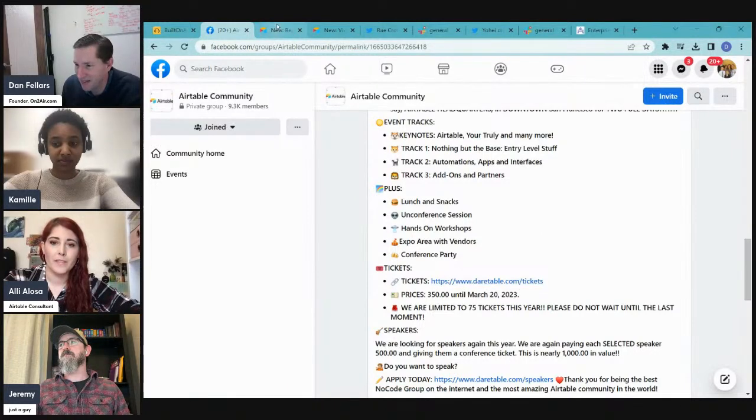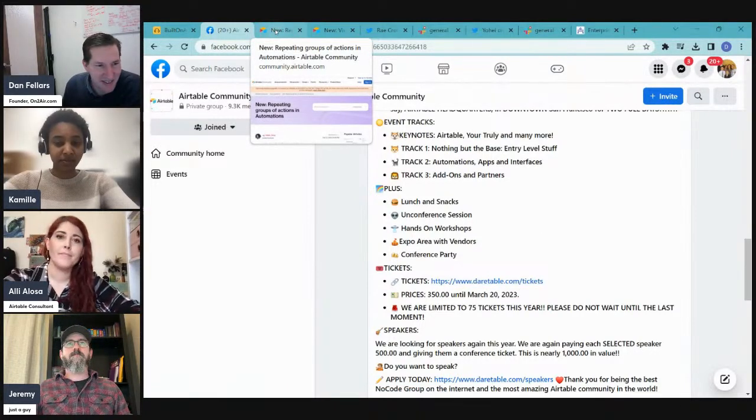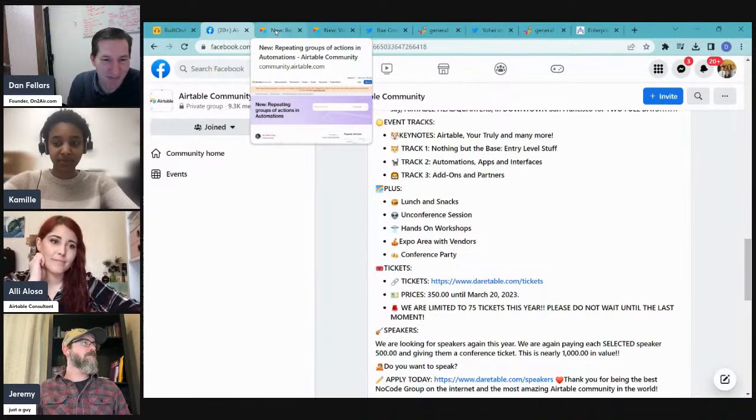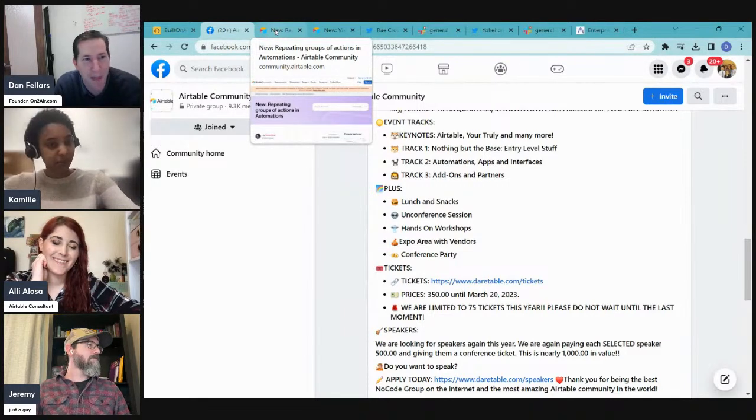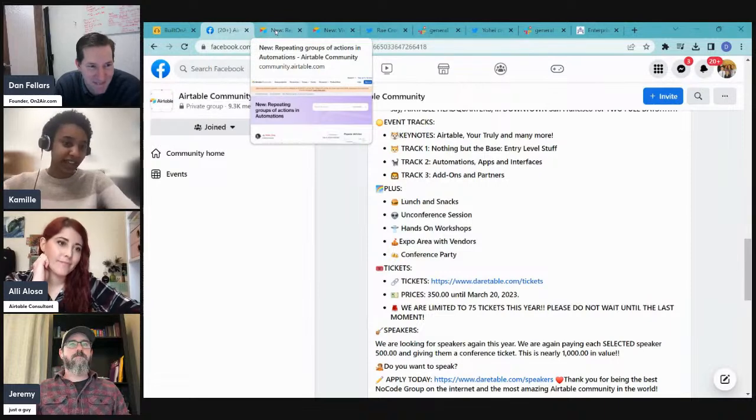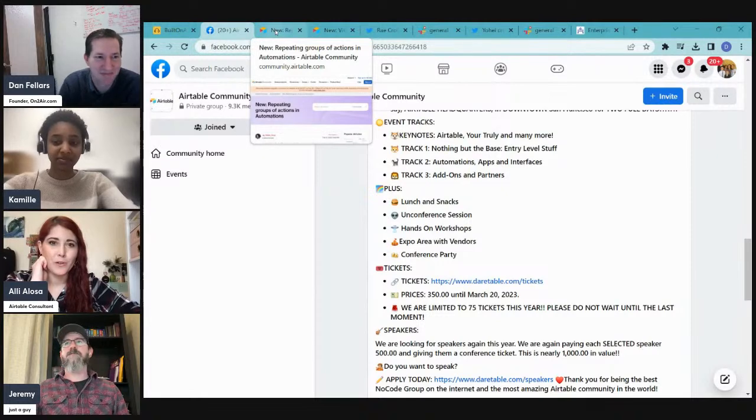Excellent. Got my ticket. Any other comments on Daretable? I will do my best to attend. I thought I was going originally. I'm pretty sure I'm going, but I'll have been starting a new job. And so that's always iffy whether or not you can get the hours off. So the hope is that I can go. Yay. Allie, you making it? Yep, I bought my ticket this morning.